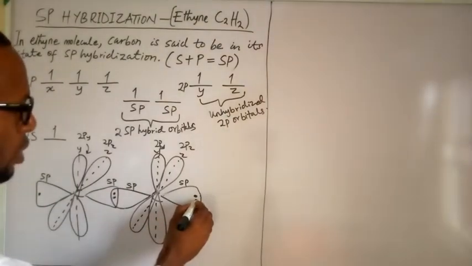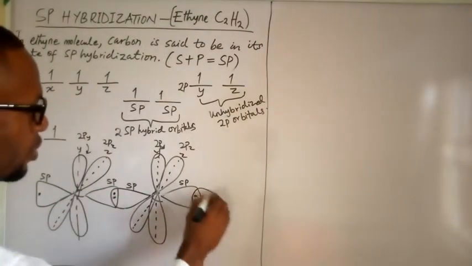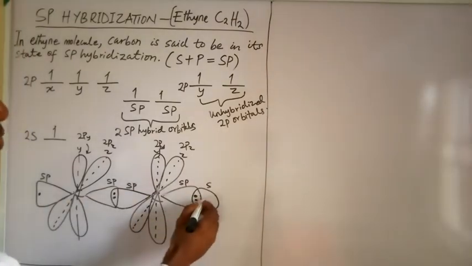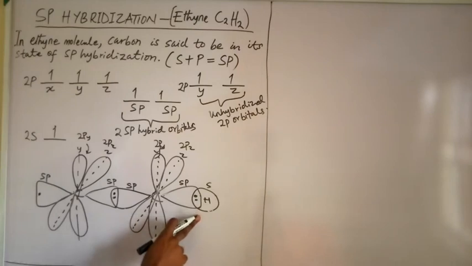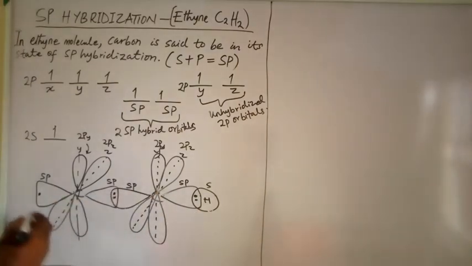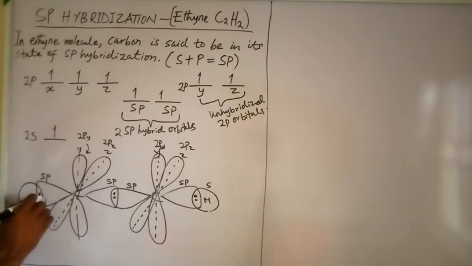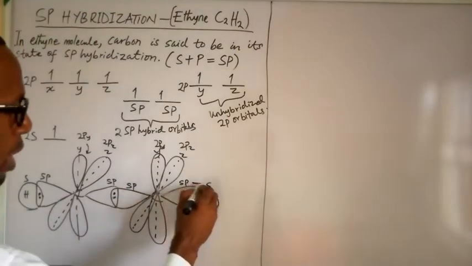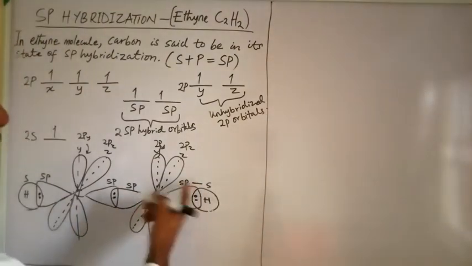So one hydrogen atom, which has an s orbital, carries its electron in the s orbital. This hydrogen atom overlaps with an sp hybrid orbital, and there is a bond there. Another hydrogen atom can overlap with this particular sp hybrid orbital, using its s orbital, and we are going to make a bond there. So permit me to draw and show you that we have an sp to s